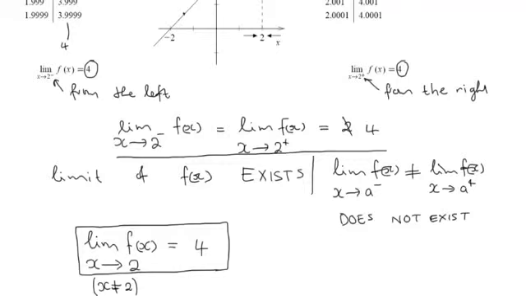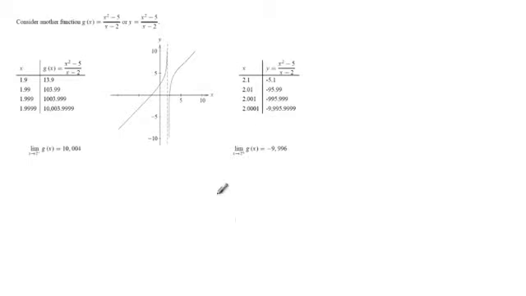Now to look at another example, which will illustrate what we've just said, let's look at this type of function. We're given a function here, g of x, which is equal to x squared minus 5 over x minus 2, or we can simply say y is equal to x squared minus 5 over x minus 2. Now, if we do a similar process of approaching 2 using a similar sequence used before and evaluating this function,